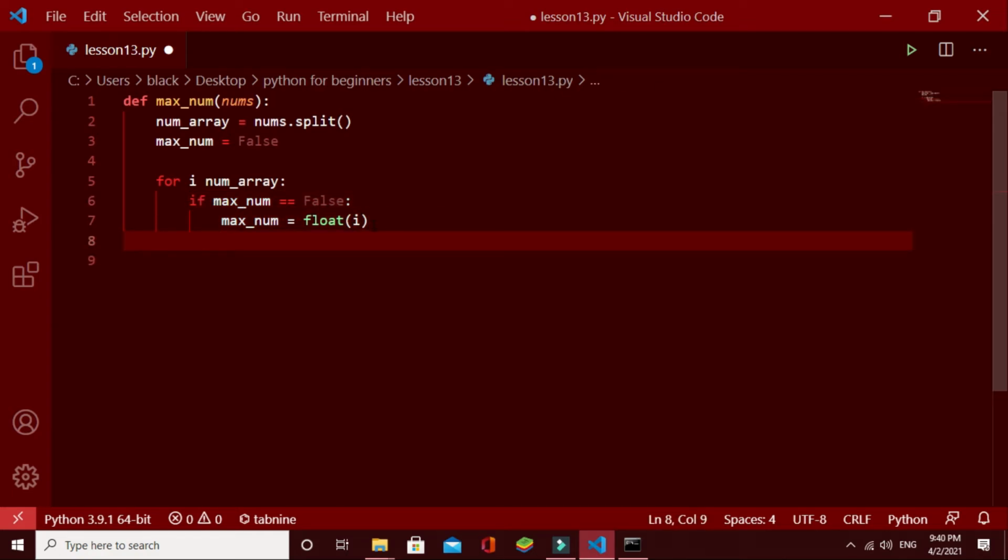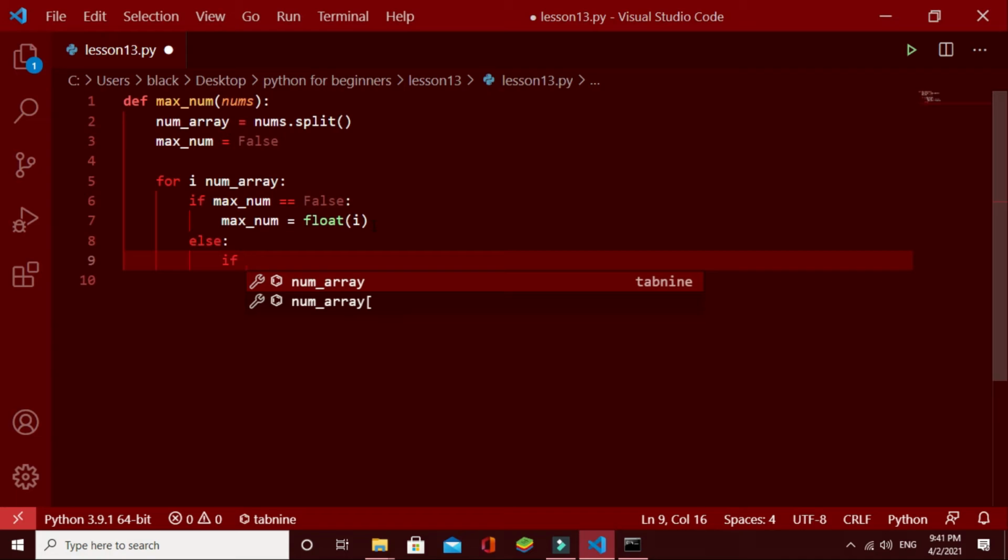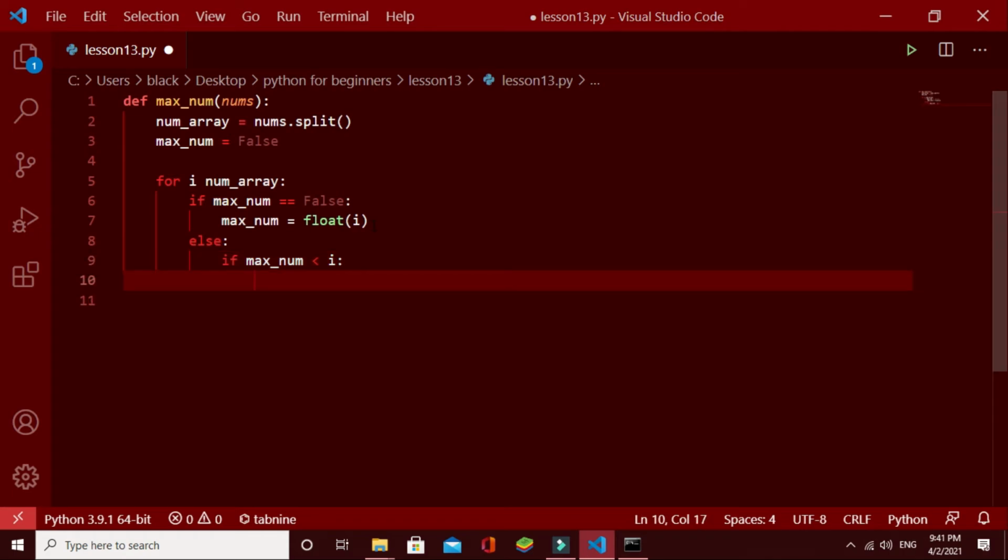And if this is not the first time, we have to do something else. We check whether this max num is less than this i. If it is less than i, we have to change the max num into i.